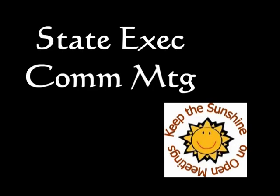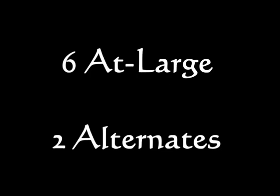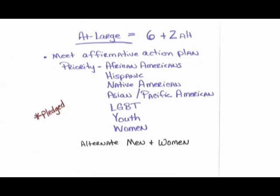So then I think we'll break for lunch, and then the state executive meeting will happen. We will not be able to participate in that, but I'm pretty sure that's an open meeting that we'll be able to observe, and I encourage everybody to observe that meeting. At that meeting, the executive committee will select the PLEOs, the pledged party leader and elected officials. They'll pick 3 of those, and then they will pick the 6 at-large and 2 alternates, who will then go on to nationals. And while they are choosing those, there's an affirmative action plan within the Democratic Party, and so